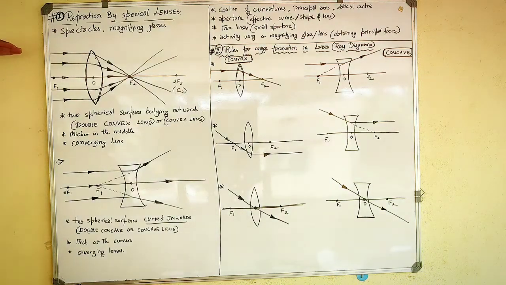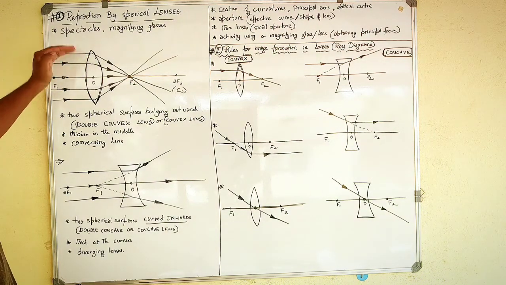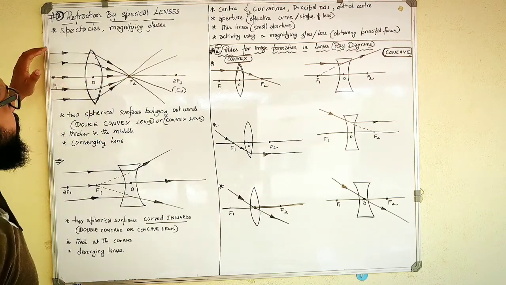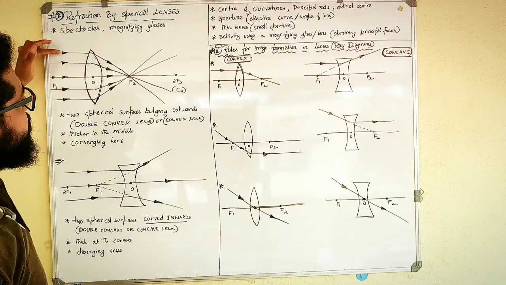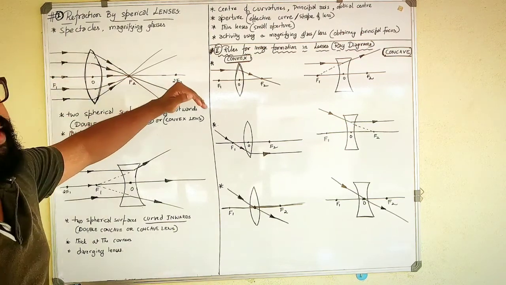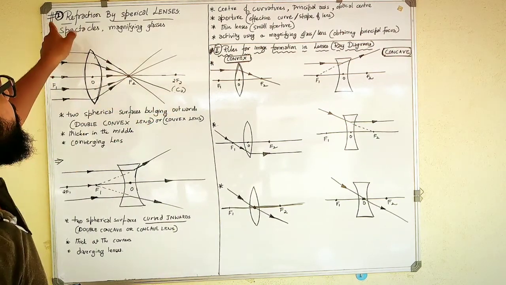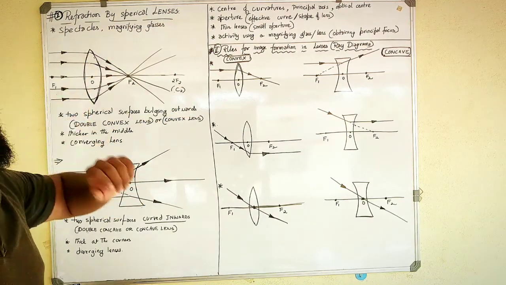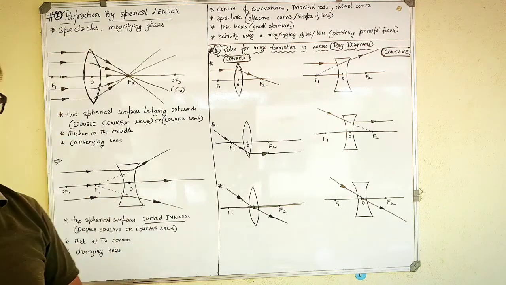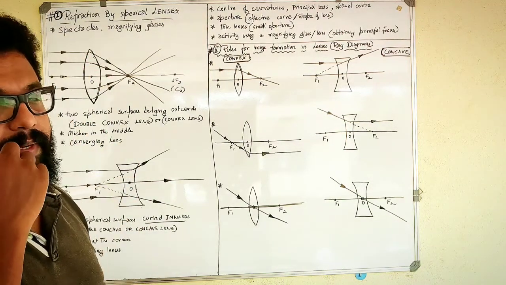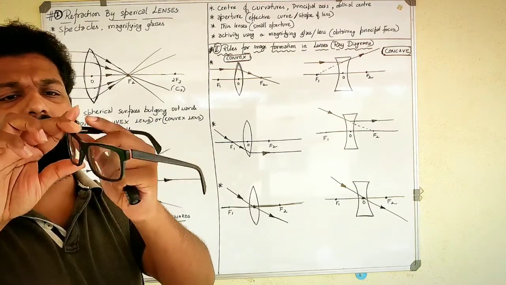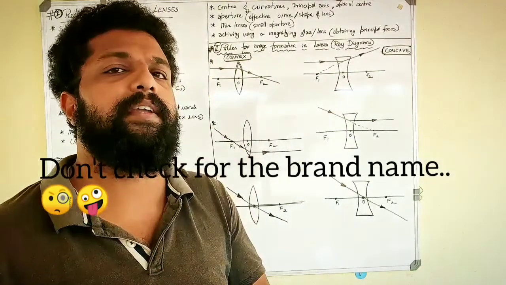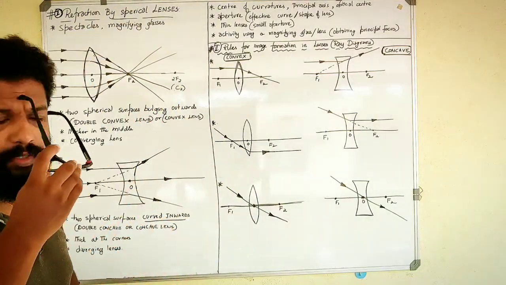Whenever a light ray enters from an air medium to a glass medium, the bending of light takes place. So bending of light takes place means what? If the light ray is falling here, the light will bend, and that itself is called refraction by spherical lenses. So refraction, you remember. Now for spherical lenses, one of the general examples I can take is spectacles. These spectacles or these lenses are of certain thickness and are made up of glass, and clearly this is one example of spherical lenses.